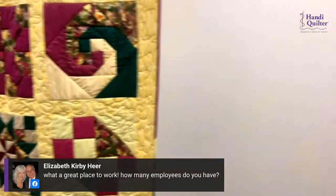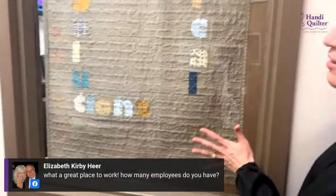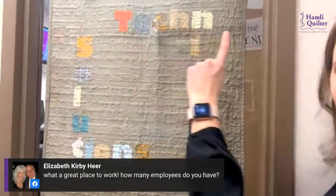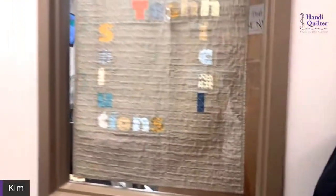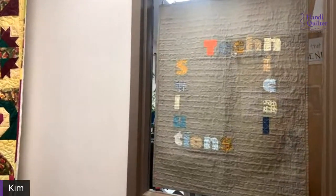Next we have Technical Solutions, and this quilt has special meaning right here. It says Technical Solutions, and if you read the writing in here, it's all the things that we say to customers who are having issues. Do you have skip stitches? Is it turned on? Anyway, we had some fun with this. Kathy Zimmerman made this quilt with some fun sayings that the lucky people in Technical Solutions get to say often to quilters. And here's a...